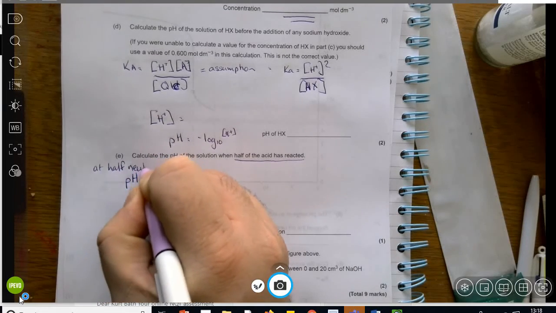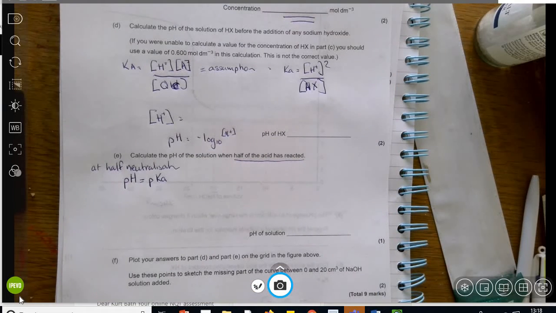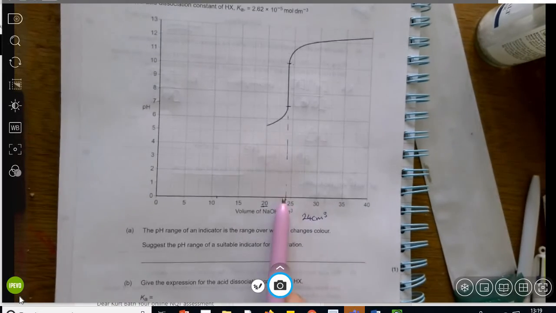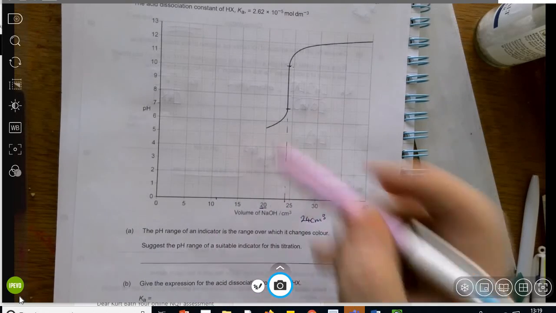So half neutralisation, pH is pK. That will then allow you to work out what the pH of the solution would be at that stage. Now, this next bit is a bit of a toughie. Half neutralisation is when we get half the volume in, so if that's 24, half the volume would be